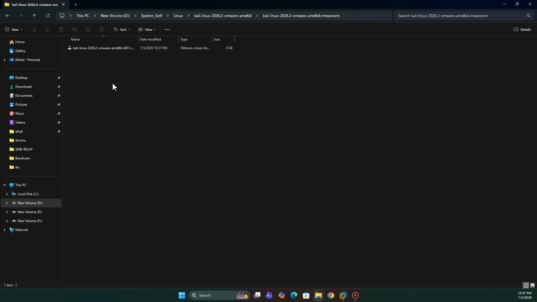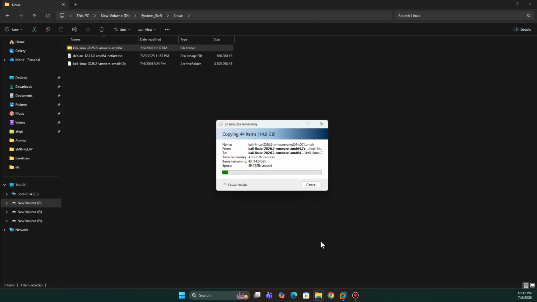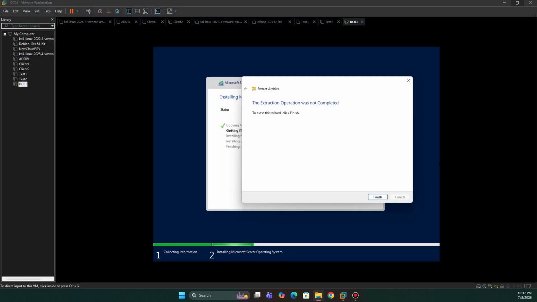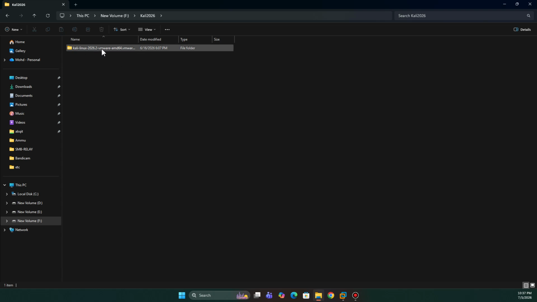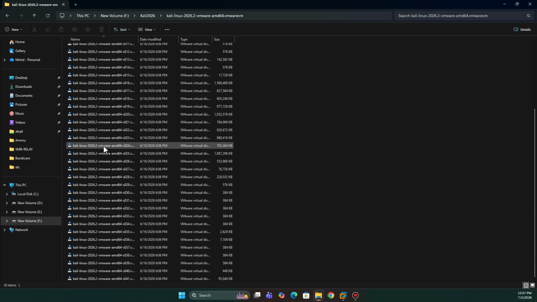So after complete extraction, you will find many files here. For now, I'm going to cancel it because I already did it, so there's no need for it to complete. I already extracted that here in my F drive, and this is the folder where we have all the files